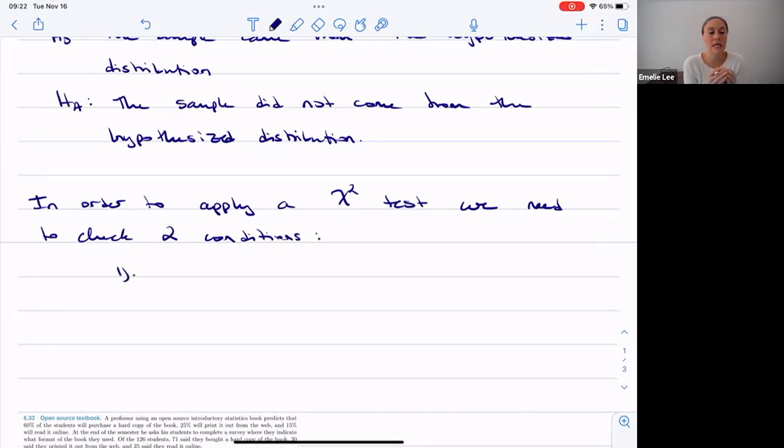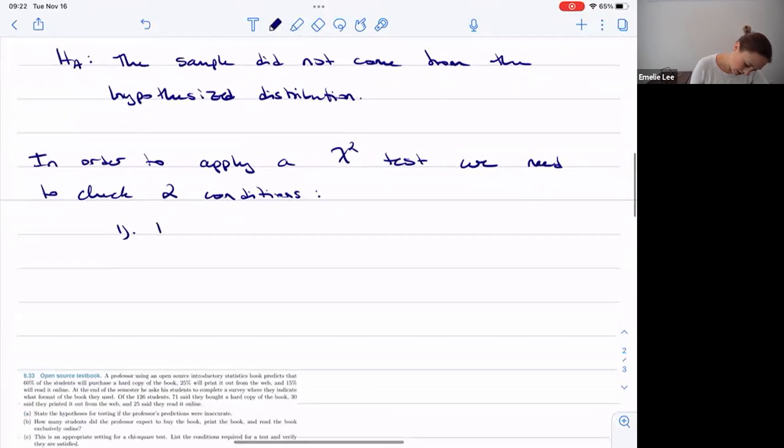The first one is independence. And that's always going to be one of our conditions, right? Can we assume that each of these counts are independent of each other? Did they come into the sample independently? So basically, was the sample randomly selected? That's the only way that we can check that. So independence